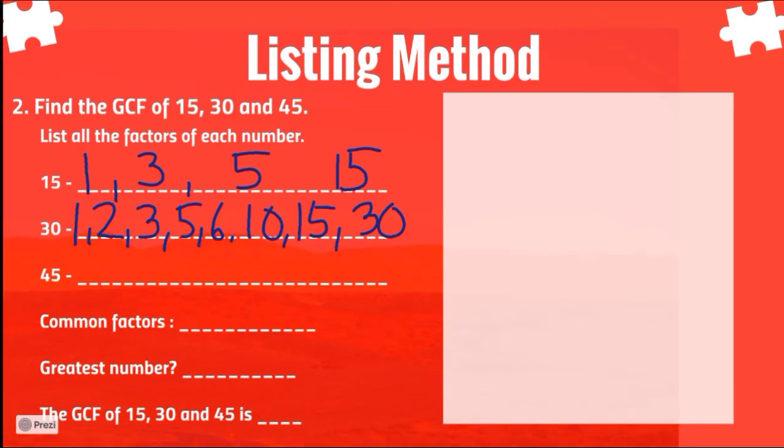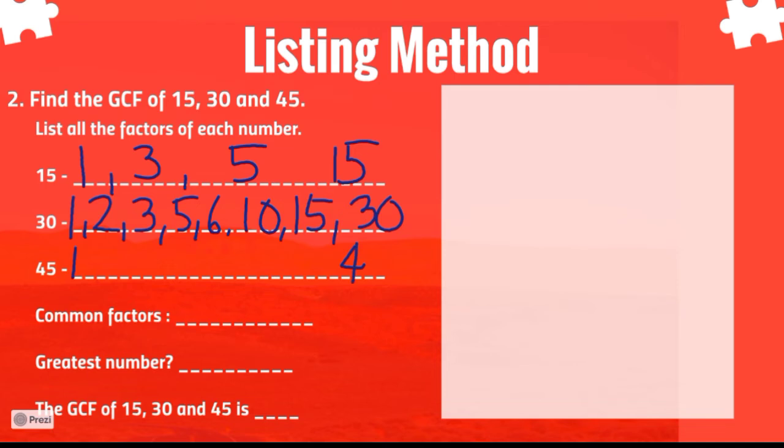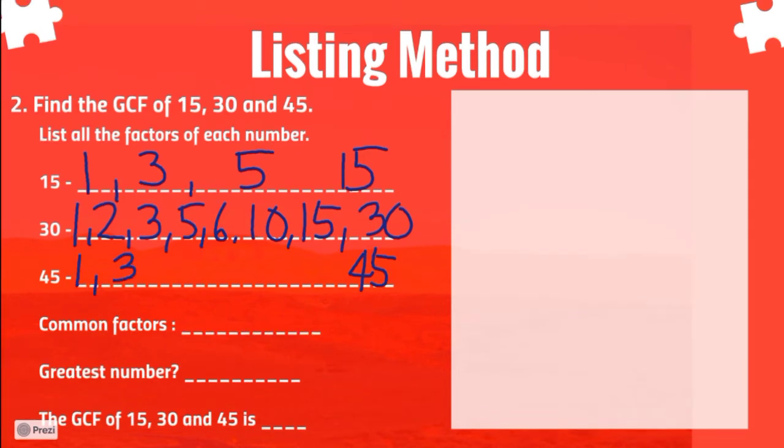Next factors of 45 are 1 times 45, 3 times 15, and 5 times 9. Okay, so what are the common factors? The common factors of 15, 30, and 45 are 1, 3,